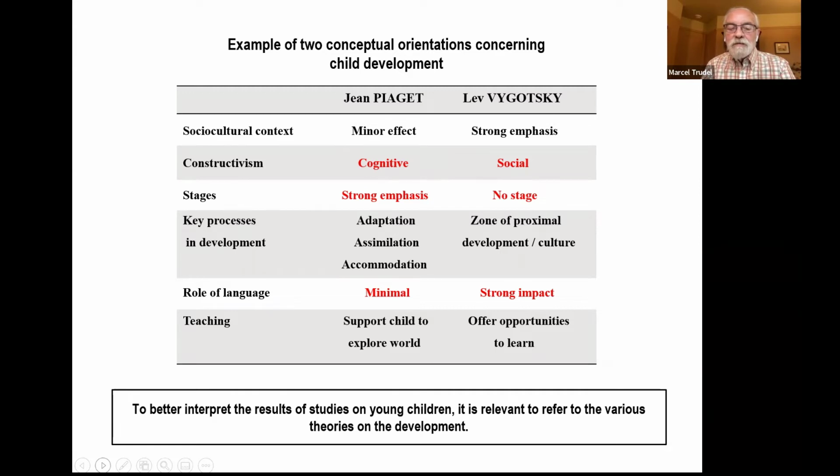So I wrote at the bottom, to better interpret the results of a study on young children, it is relevant to refer to various theories of development. That's not easy. Perhaps if you're in contact with developmental psychologists, they will help you read your results sometimes. It depends on the age of the children, for sure. For the next one is,